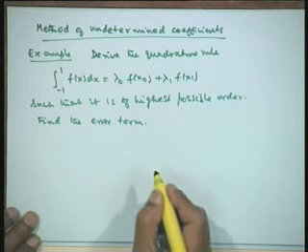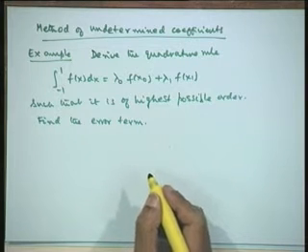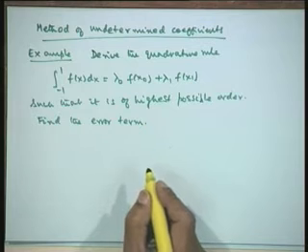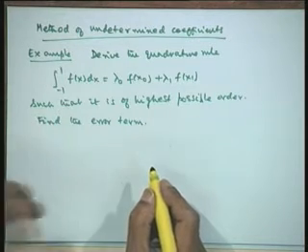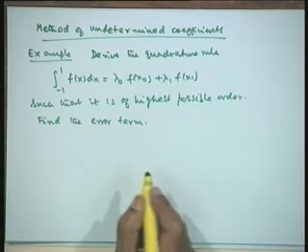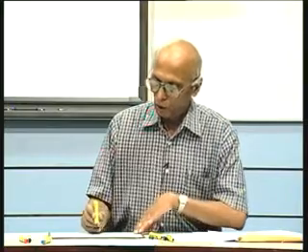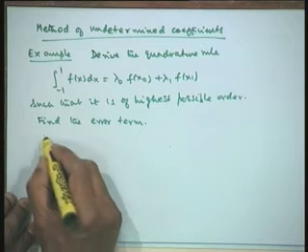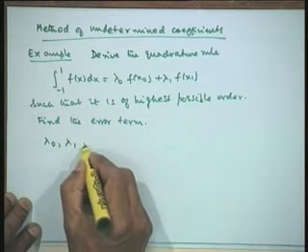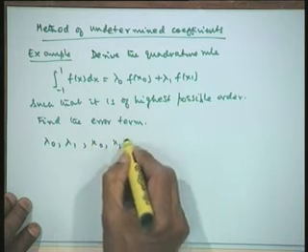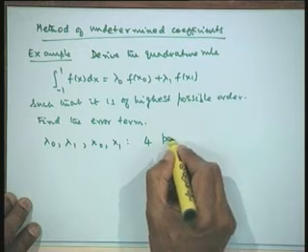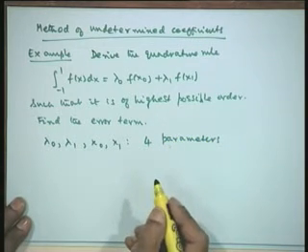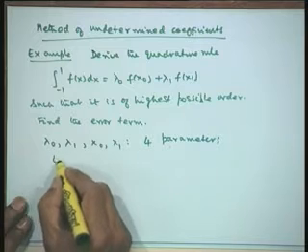In all these cases, the error term is very important, because that will really tell you not only the order, it gives you the error constant, that is the constant that is multiplying the error term. Now we first look at the formula, how many unknowns are there. We have got lambda 0 to be found, lambda 1 to be found, x 0 to be found, x 1 to be found. Therefore, there are 4 parameters. Therefore, we need 4 equations.